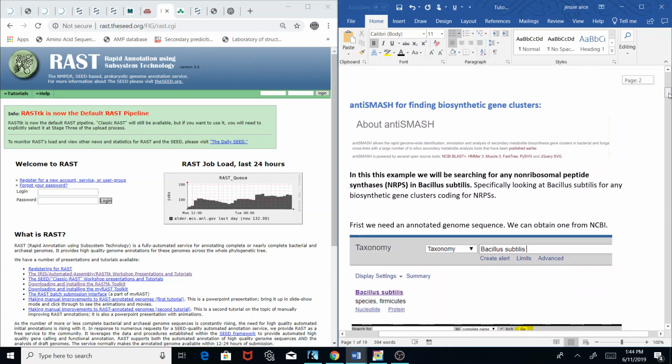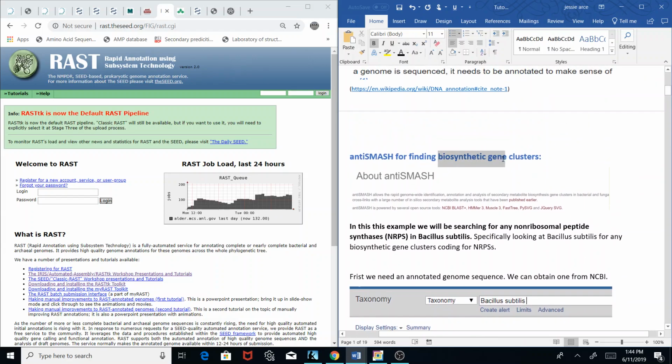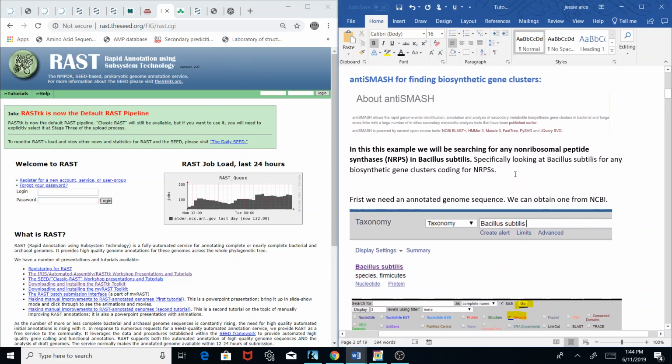Next, we're going to use antiSMASH to find biosynthetic gene clusters. These are genes grouped together in the genome that work together to synthesize a particular product. In this case, we're going to be looking for non-ribosomal peptide synthases. They synthesize polypeptides. As an example, we're going to work with an annotated genome sequence. So you can go to NCBI,